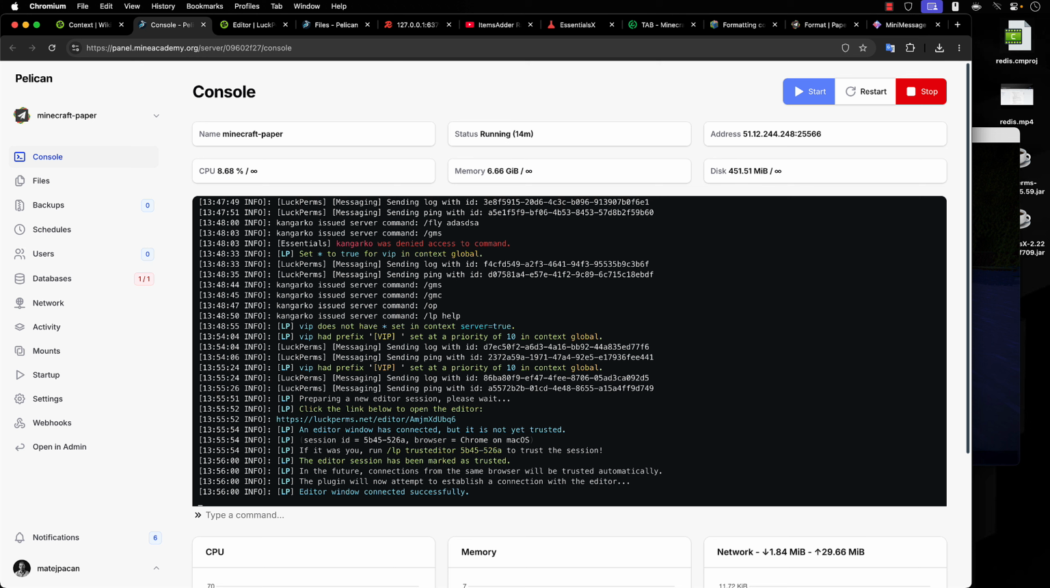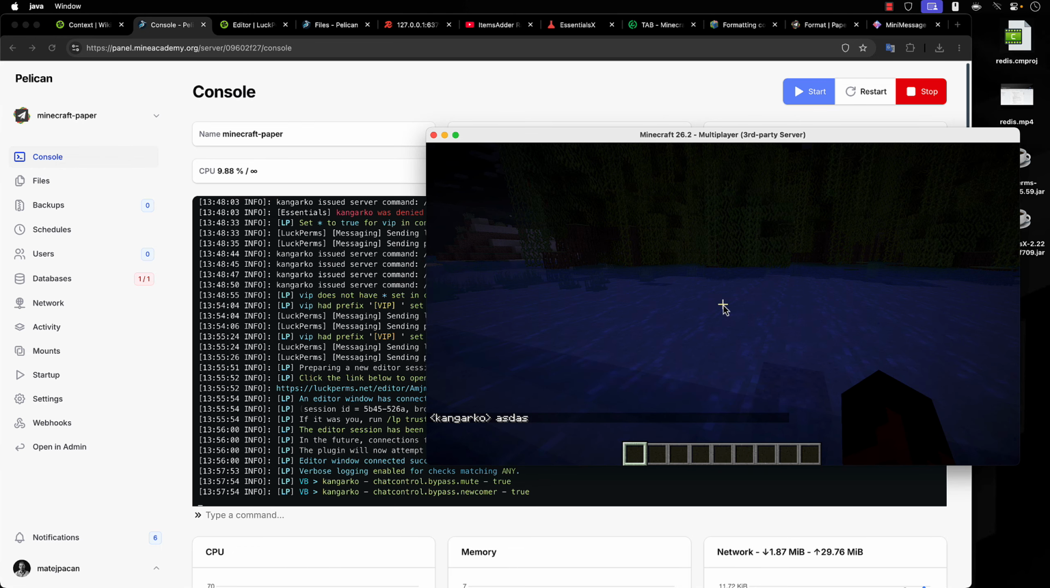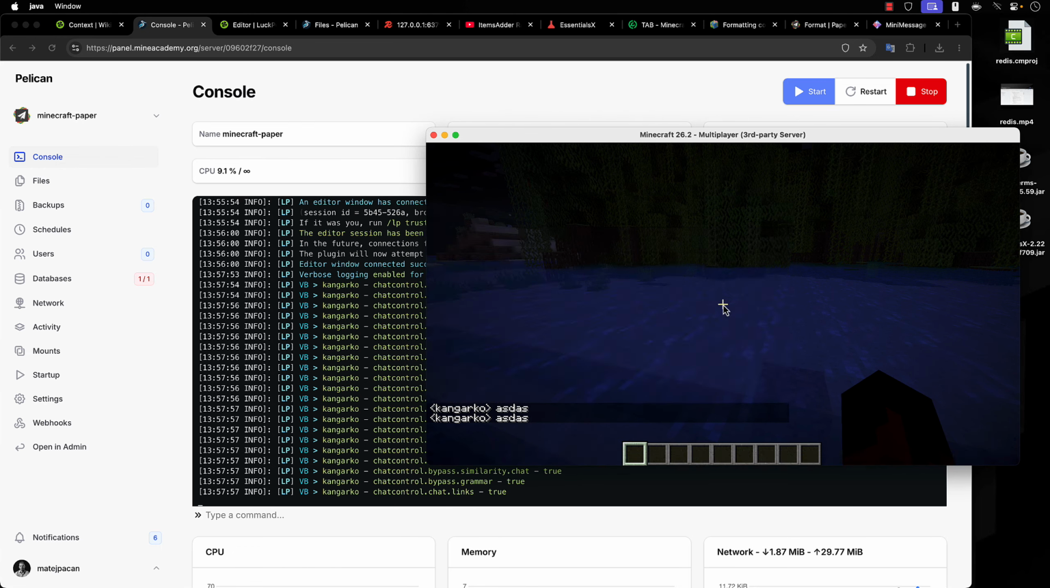Also, in the last video, we touched upon this little LP verbose on command here. So basically, LuckPerms has a debug mode. It's called verbose mode. And if I type that in, something will happen here. Let's say I type, okay? Every time